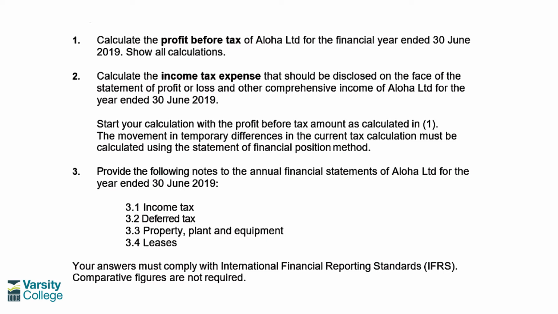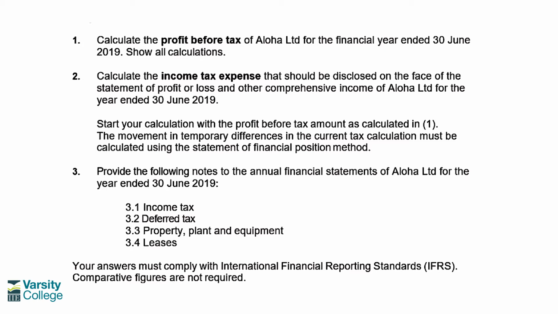3.3 of the question is the property, plant and equipment note. In order to do this note, you need to identify what assets are classified as PP&E either at the beginning and at the end of the year. So it could be that you had something that was PP&E at the beginning of the year, but it's now something else. Still got to go in the note because you've got to show the movement. Or similarly, you could acquire something in the current year, which then needs to go into the note for the year end. We don't have any of that in this question, but we do have something which is no longer